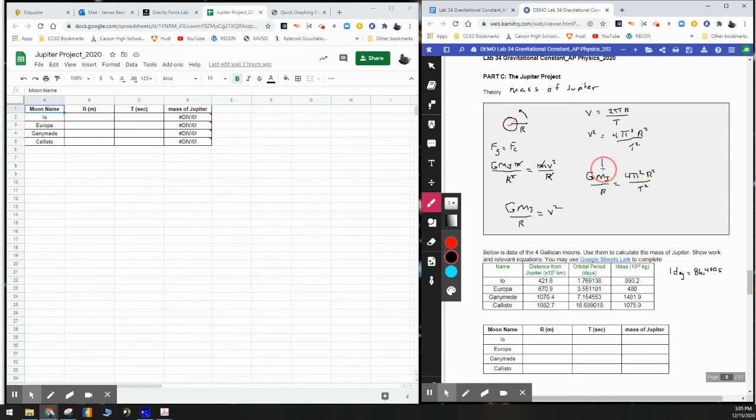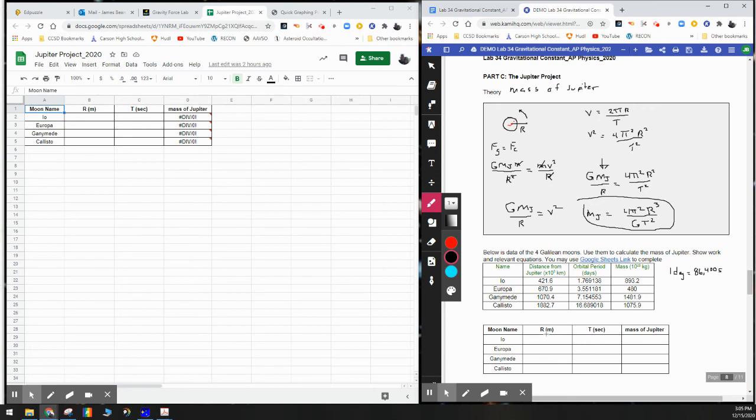So I need to solve for the mass of Jupiter. The mass of Jupiter is going to equal 4 pi squared R cubed, all over big G times T squared. This is the formula that we are going to use, but I was nice enough to already program it into the spreadsheet. So all you need to do is make sure we have this converted